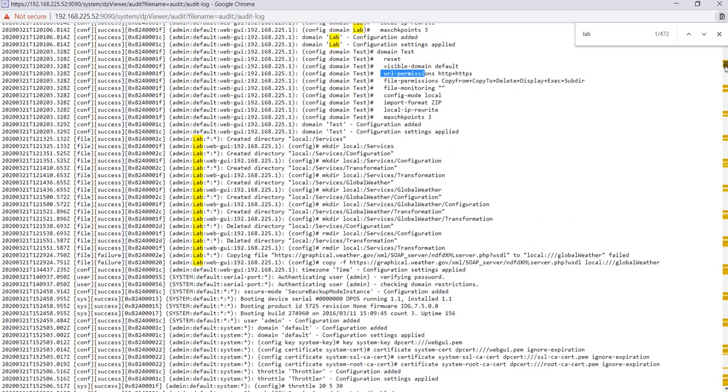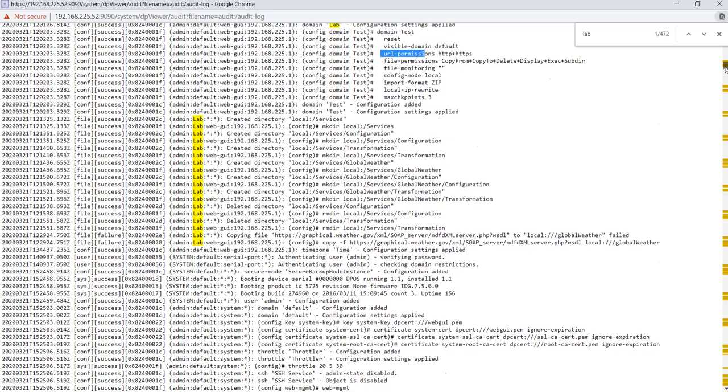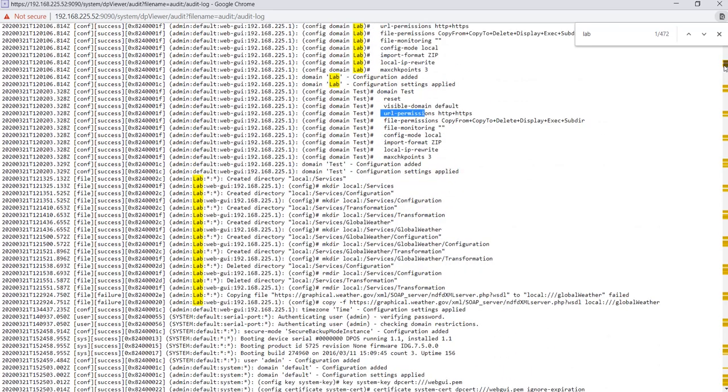These logs help a lot if you want to debug any issue that is related to any admin, if some object is not working fine, or who made the changes into that object. So there are so many things that are very useful to audit any object, or audit any domain or appliance. For that we can see all the logs available here.